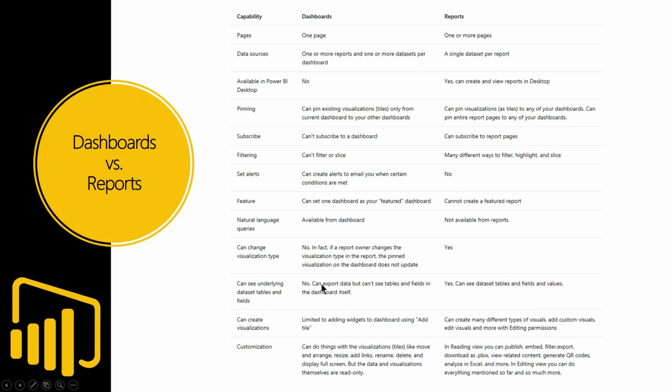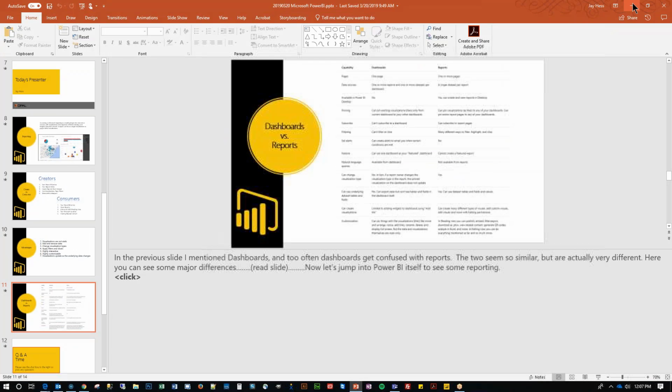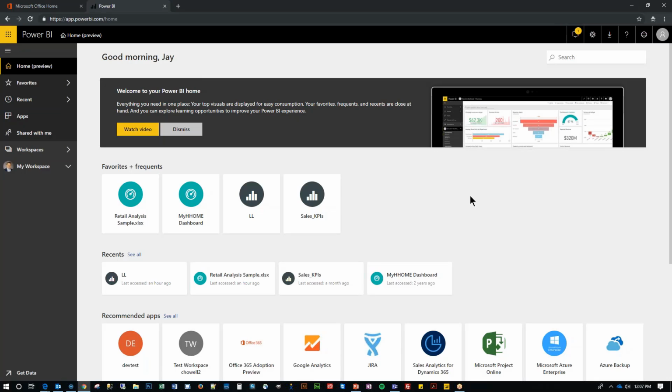All right, now let's jump into Power BI itself and just see some reporting and how easy it is to work with this information. This is where we had problems last time in our session. We got disconnected when we jumped out into Power BI, but it does not look like we're having that issue today, so that's good. What I've done is I logged into my Office 365 account where I had access to